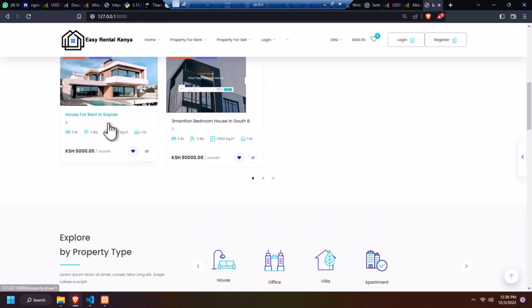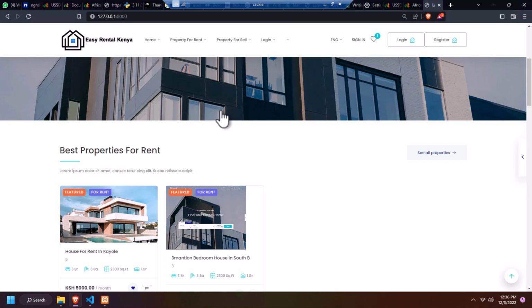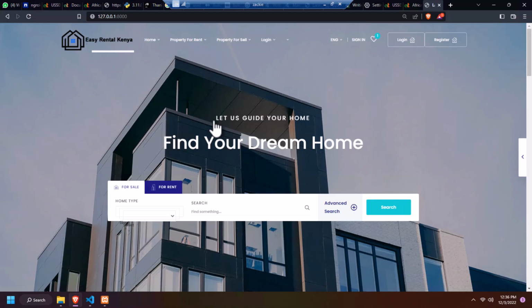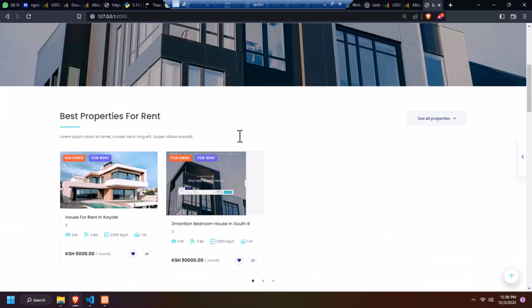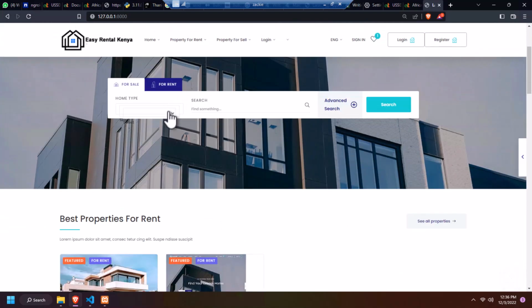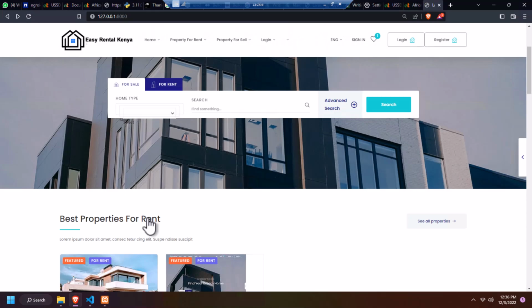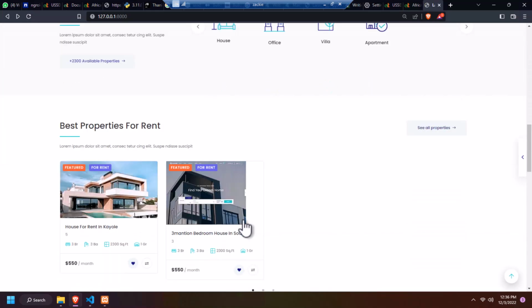So each property, you'll be able to see them on the home page at the same time. So you can showcase your properties. You can find these properties here, like you can decide to find those types of house. You can do the search of that property within the confines of the system. So basically I'm still working on that, but I'll ensure it's all working. So with that,